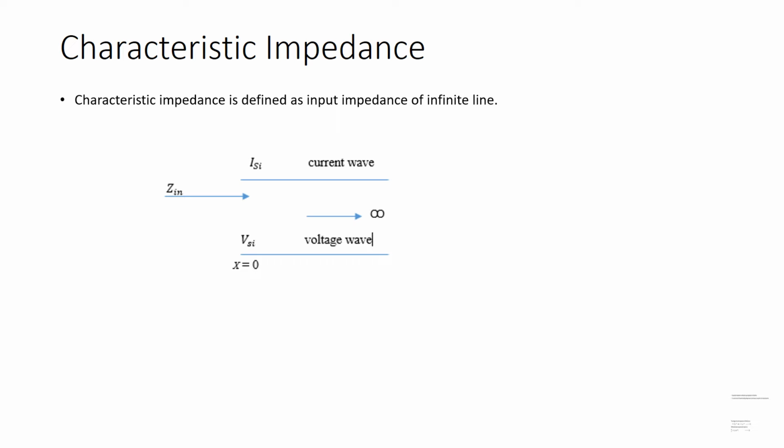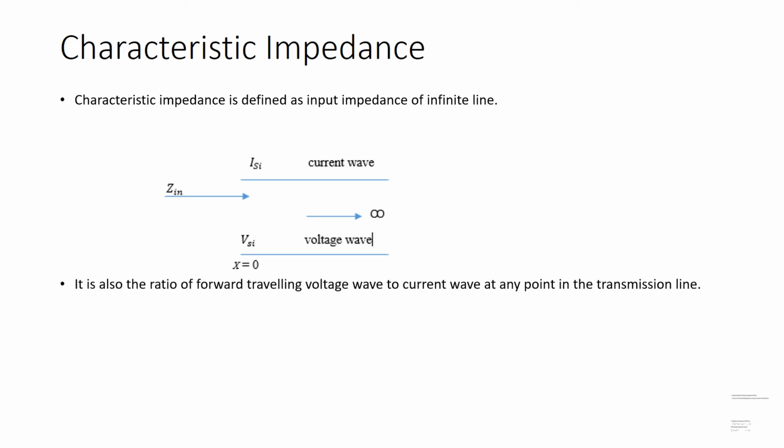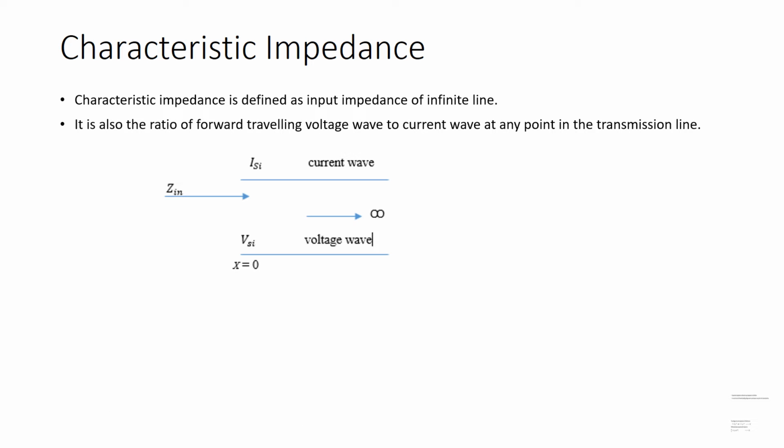Consider a current and voltage wave. Consider ISI as the source current wave, VSI as the source voltage wave, and the length of the transmission line is infinity, where ZIN is your input impedance. So characteristic impedance can be defined as the input impedance of an infinite line. It is also defined as the ratio of forward traveling voltage wave to current wave at any point in the